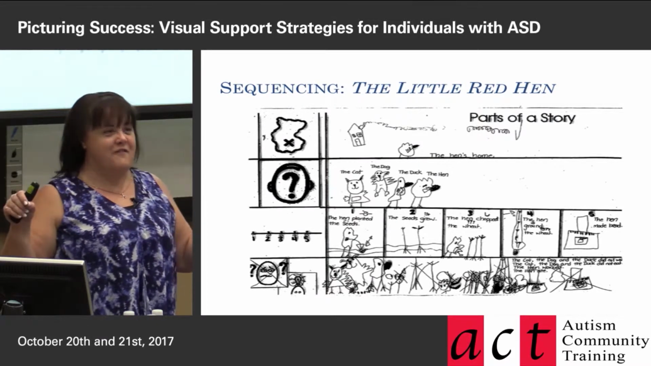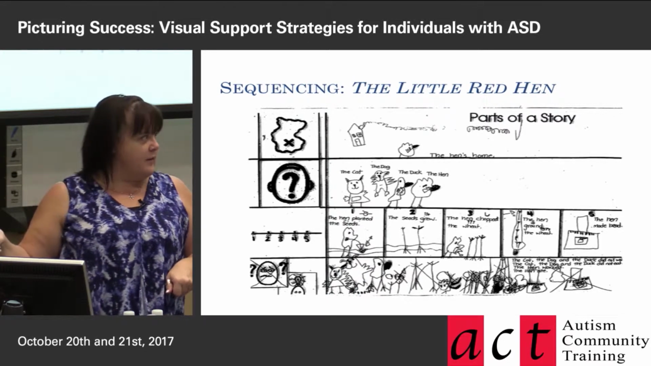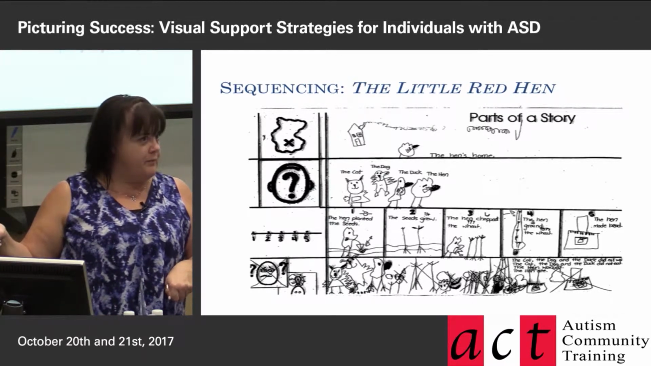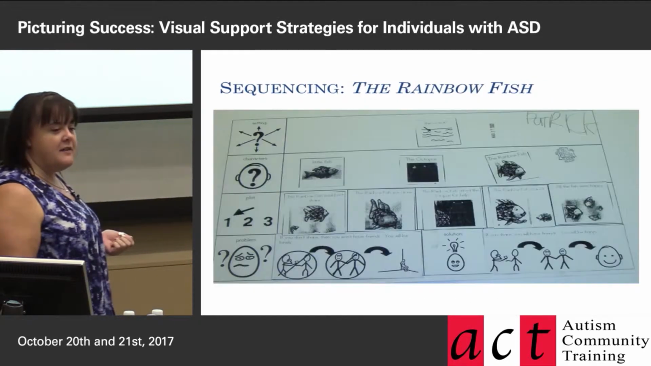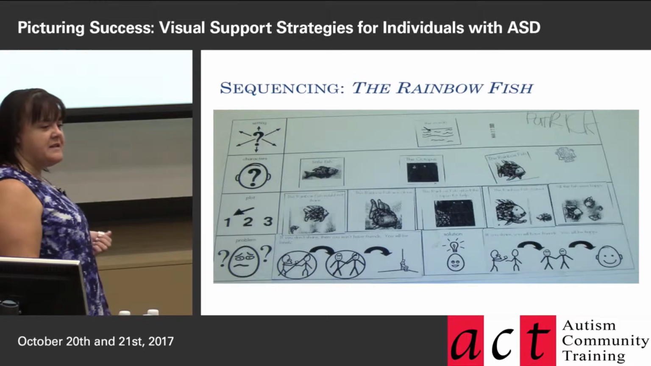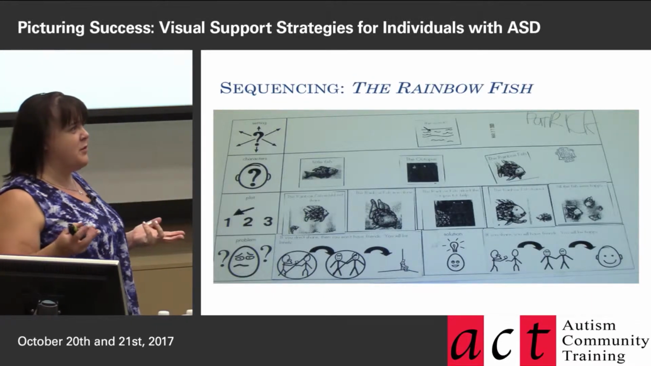Everything is crossed off for them, like they didn't do this, they didn't do this. The moral of the little red hen story is if you don't help, you don't gain the benefits, right? And then this is an example from a class where they did the rainbow fish as a story. And if you're familiar with the rainbow fish or not familiar with the rainbow fish,